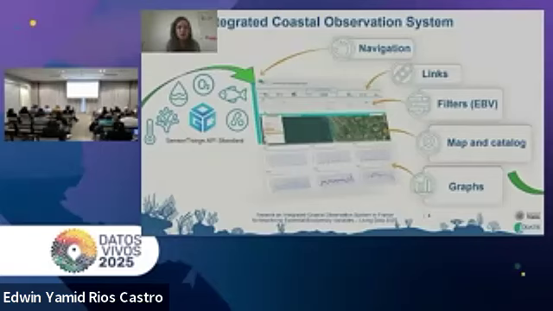The integrated coastal observation system makes it easier to access and use all ILICO datasets. We developed a user-friendly interface through UX design. The features are access and visualization of time series and spatial data, and cross-analysis of biodiversity and environmental variables. The portal will be officially inaugurated and opened next week during the ILICO General Meeting.